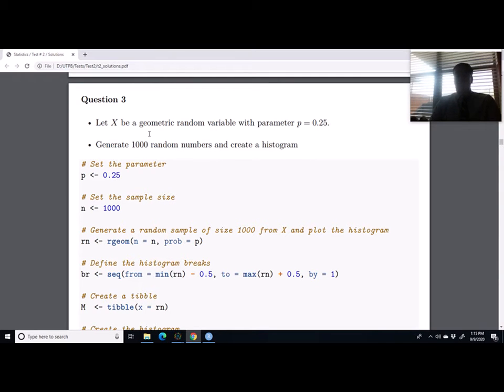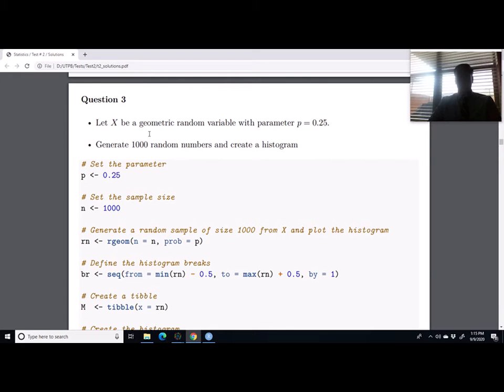So perhaps you should say a bar chart, because a geometric random variable is not continuous, it's discrete, and typically the histogram is used for continuous data. So there may be a little bit of an issue there, but it will still work for what we're trying to accomplish. We want to visualize what the distribution looks like, and I may be using geom histogram, but that